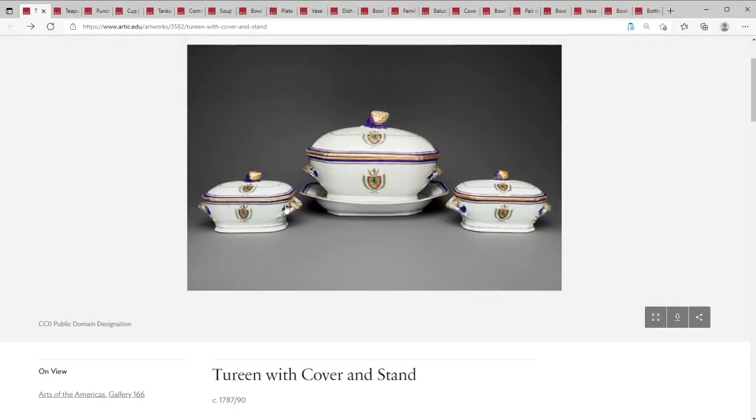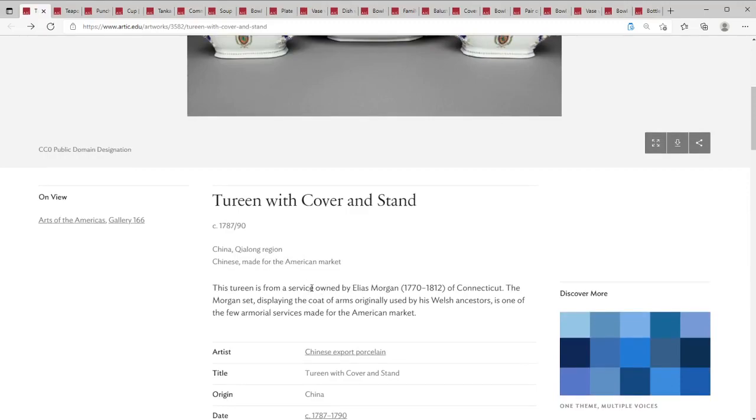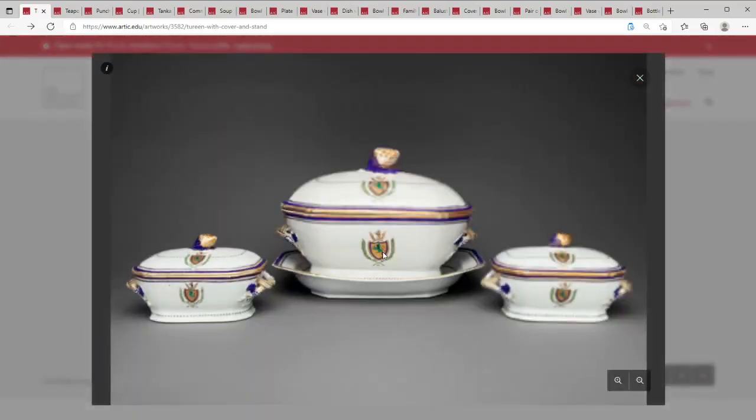I'm not sure what the smaller ones were used for, but I certainly know a little bit more about them. Let's see, we've got a service owned by Elias Morgan of Connecticut, displaying a coat of arms by Welsh ancestors. That makes sense because this does not look English per se, but if we get in closer, we'll probably see